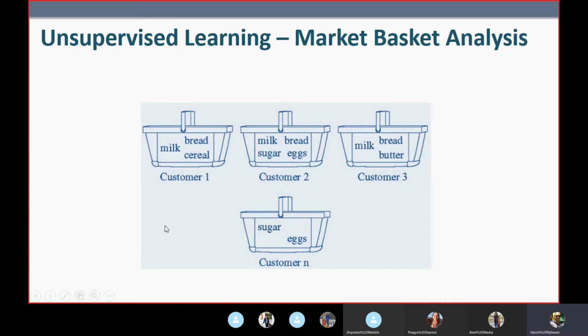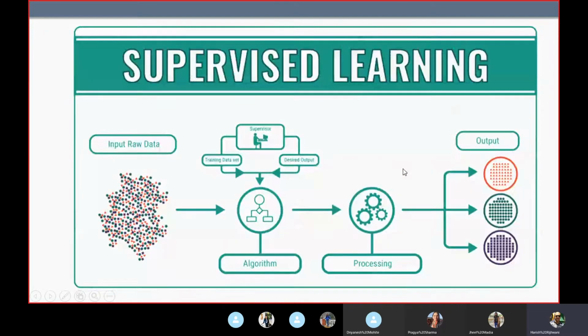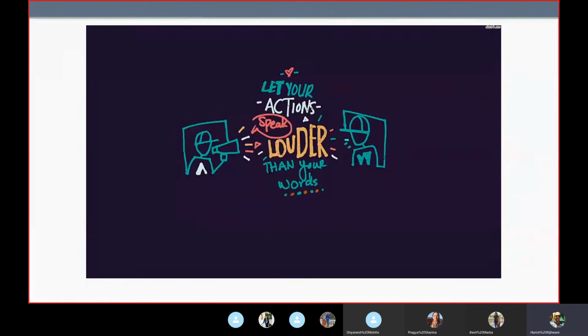Just look at this example, right? Somebody who's bought milk has also bought bread, and sugar and eggs. So you will always keep milk and bread next to each other because if somebody is buying milk, they want to buy bread. Make sense? I'm pretty sure you remember this, but I just thought I will explain this a little bit more, or rather make you revise this. There are a lot of examples like this which can be used. Okay, supervised learning, unsupervised learning, and reinforcement learning.